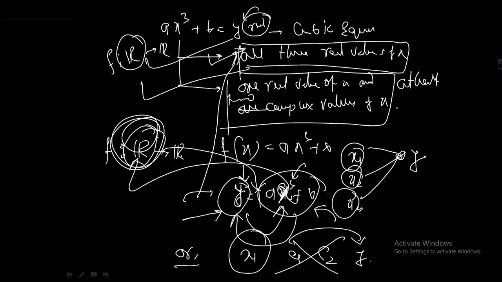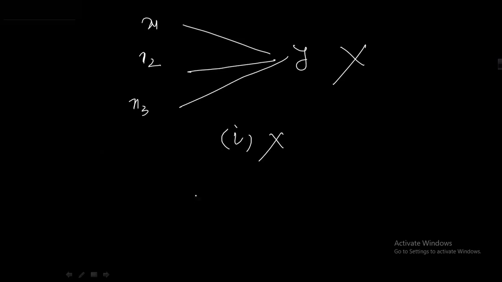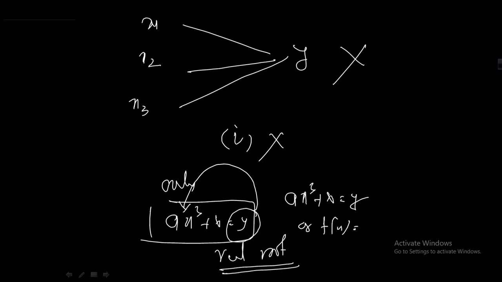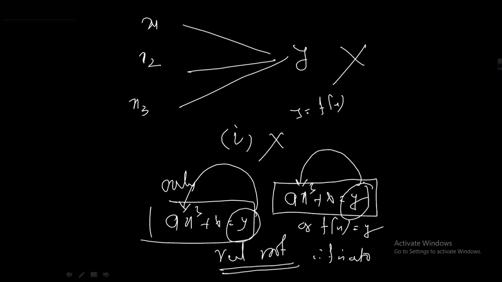কিন্তু কোয়েশ্চেন হচ্ছে এই অঙ্কটাতে এই প্রথম অপশনটাও হবে না, এটাই হবে, একটাই রিয়েল রুট পাবো। কেন? কারণ অলরেডি আমরা প্রুফ করেছি যে এই ফাংশনটা 1-1, তাহলে যদি 1-1 হয় তিনটে রিয়েল রুটের সেম ইমেজ y হতে পারবে না। So first option is discarded. So only option is ax³ + b = y, এই ইকুয়েশনটার একটা রিয়েল রুট পাবো। That means যে কোনো y চুজ করি তার জন্য একটা x পাবো such that ax³ + b = y হবে or f(x) = y হবে। That means f is onto because for any value of y we will get a real value of x which will be like this, y = f(x), for which we will get ax³ + b = y।